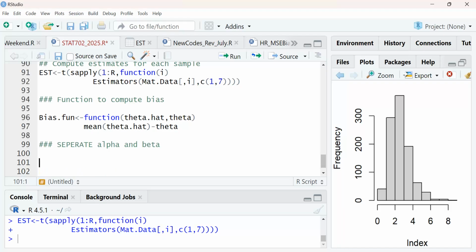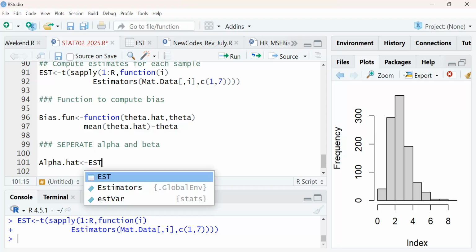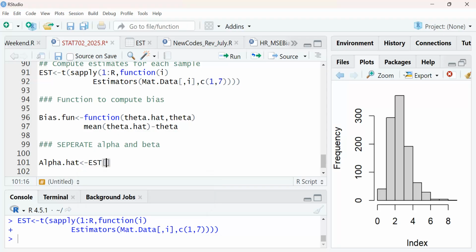So how do we do that? So alpha.hat will be equal to, we have to call the est function. Do you remember this? We talked about, what do we call it? Subscripting. So remember the alphas are the first and third, right? Is that not the case?